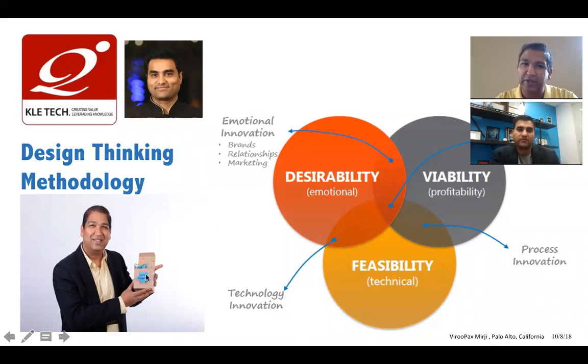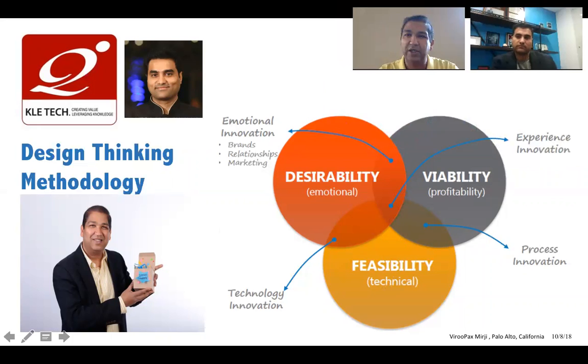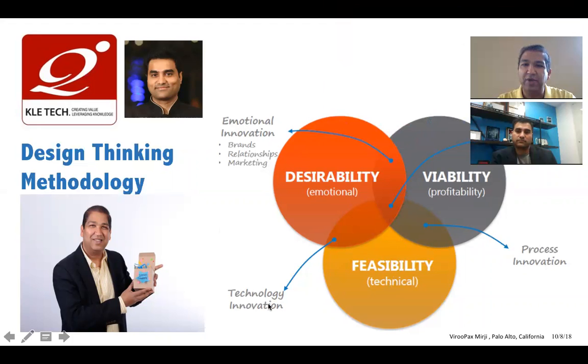I currently work for Infosys. You can see my LinkedIn profile or Twitter profile and you'll see all the details there. I work in Infosys as an innovation leader, consulting leader for my domain, communications, media, entertainment. And I'm going to talk to you about the various aspects of desirability, viability, and feasibility, and how you attract all the innovation skills together to create true experiential innovation. As you can see here, this is experience, and there's process innovation, there's technology innovation, and emotional innovation. So we're going to talk about all that today.